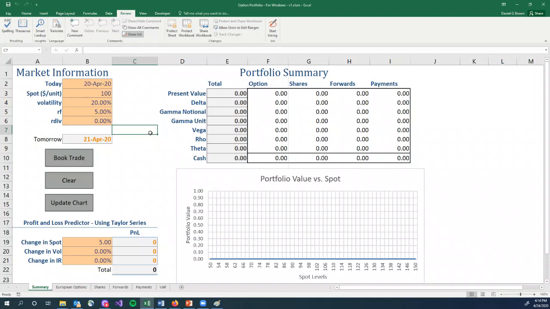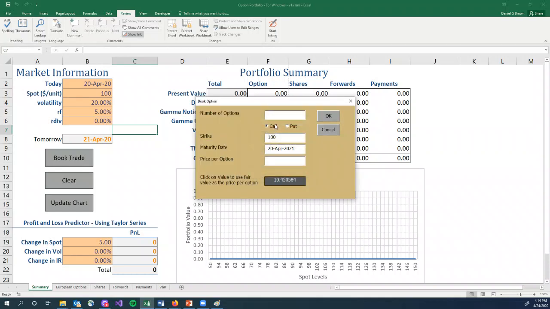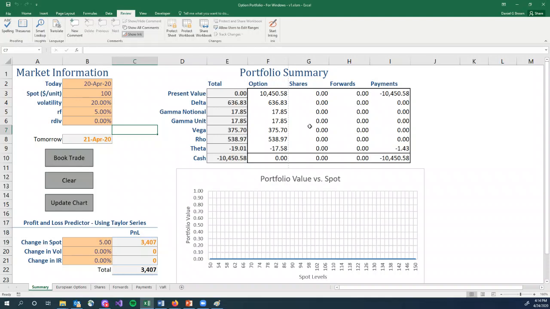And there are events that could significantly change the market perception of future volatility. And thus, volatility does change. And so we need to think about how our portfolio might behave when volatility changes. Now, it is fairly straightforward. So if we buy 1,000 options, this is a call option, the strike of 100, maturity 1 year, we're buying them at fair value. If volatility increases, the value of the option increases.